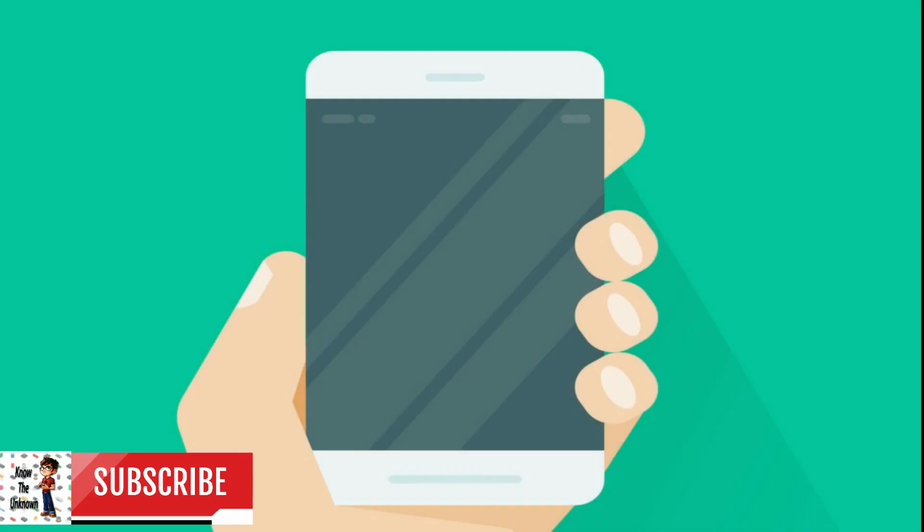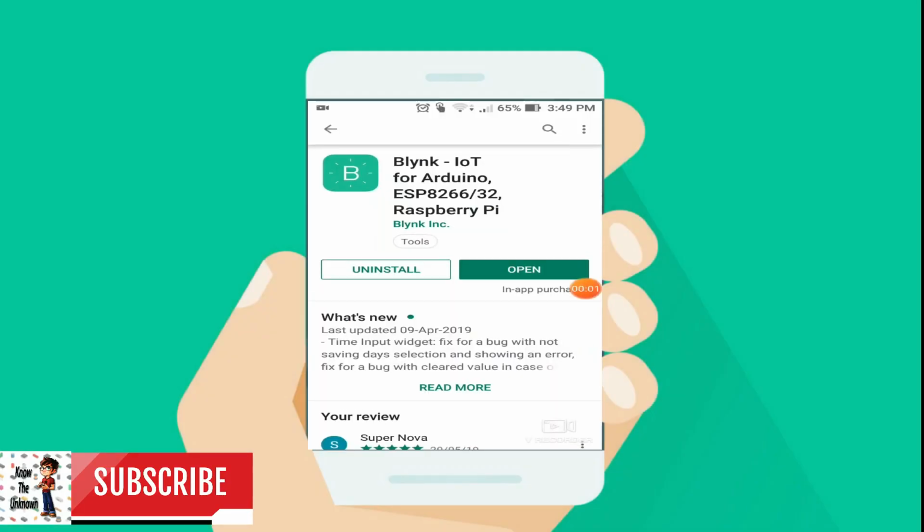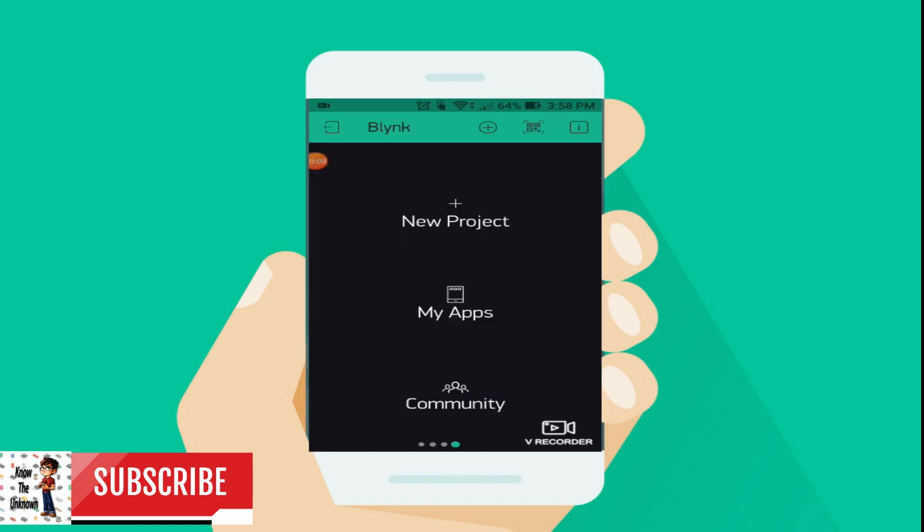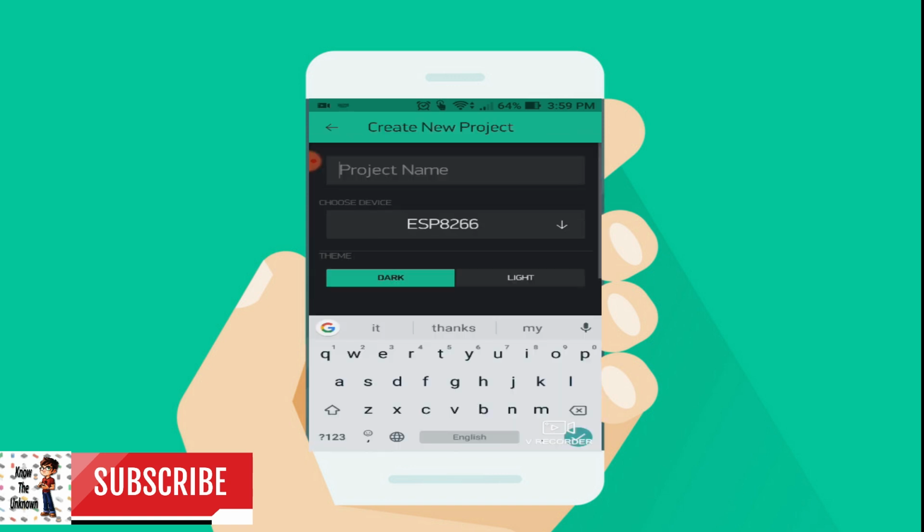Okay guys, we're gonna use the Blynk app to control our NodeMCU board. Before that, you have to download this app from the Play Store. After that, you have to sign in with your Gmail account in this app. Then click the new project and type your project name